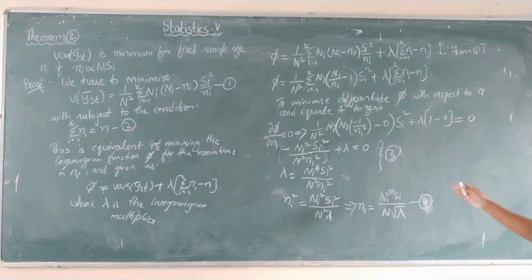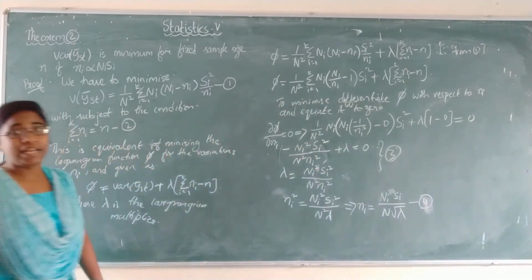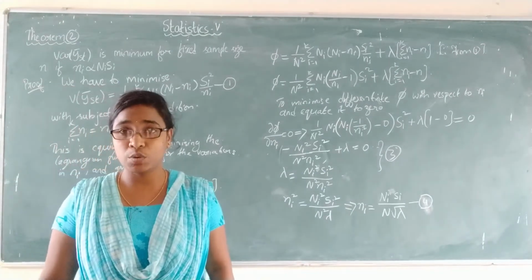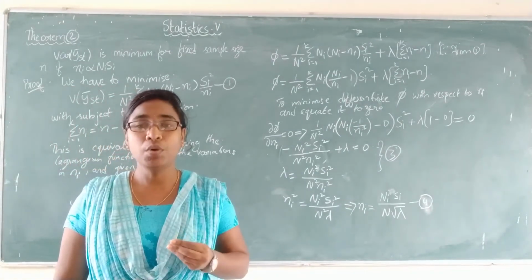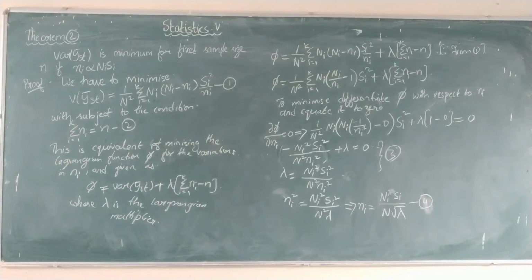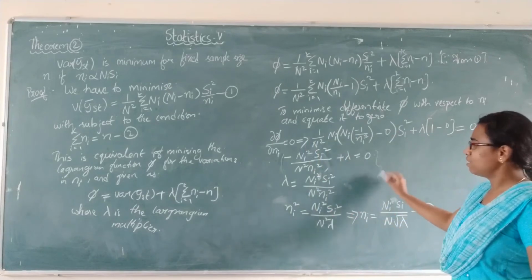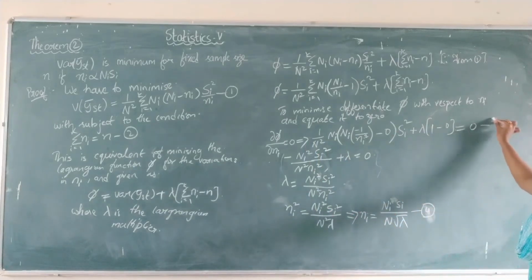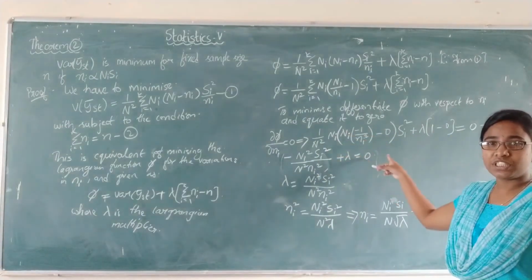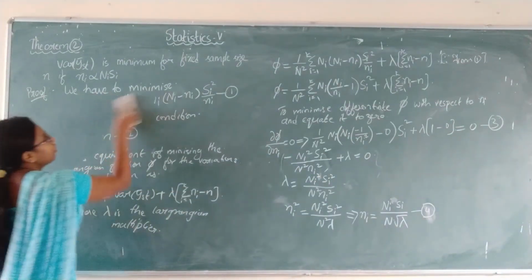Now what do we do? We will be doing the second differentiation. Now we will see how we will be doing it. Always your second differentiation should be greater than 0, since we are finding the minimum value. Now we will check whether the second differentiation is greater than 0. We will be doing the second differentiation not by this, but by using equation 3. This equation 3 we will be differentiating for the second time to get the minimum value.